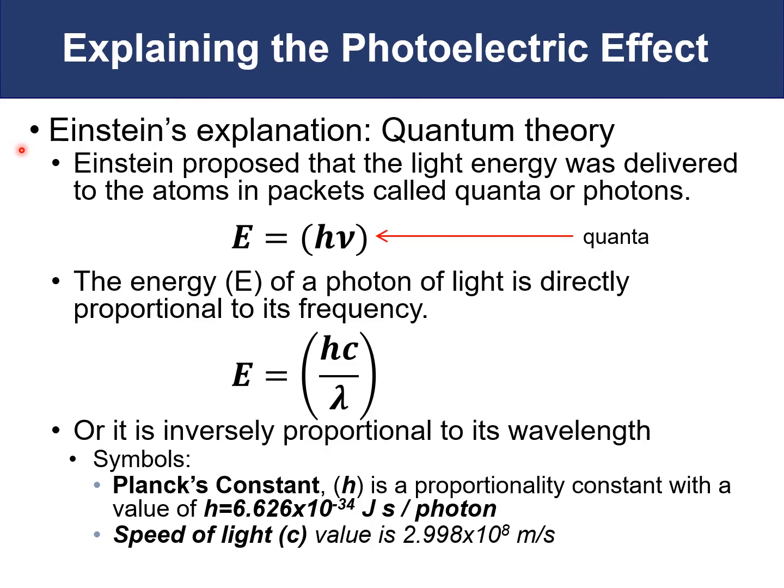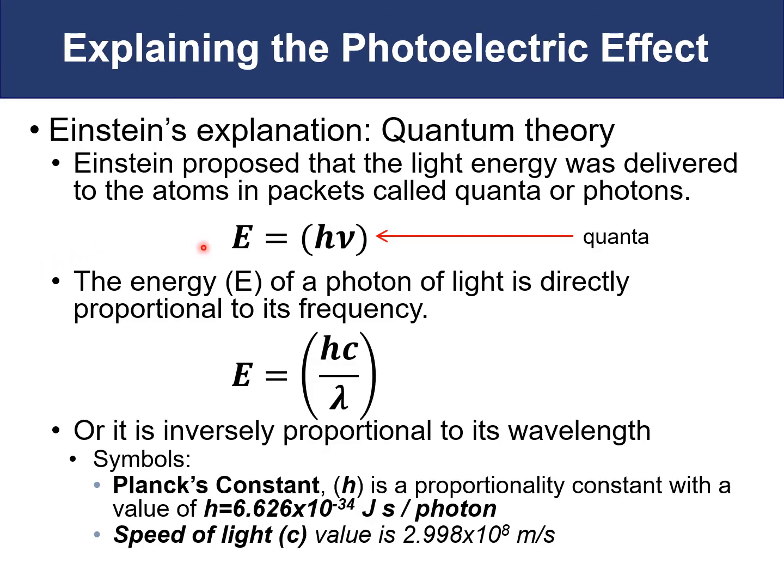It was actually Albert Einstein, the German physicist, who came up with the explanation for the photoelectric effect. And it was this explanation that won him the 1921 Nobel Prize. Einstein's explanation also was the seed for the development of modern quantum theory. Einstein proposed that light energy was delivered to the atom in packets that he called quanta, and we now refer to as photons. The energy of a photon of light is directly proportional to its frequency,